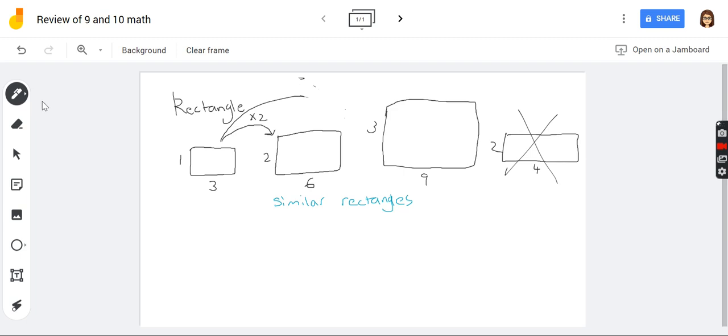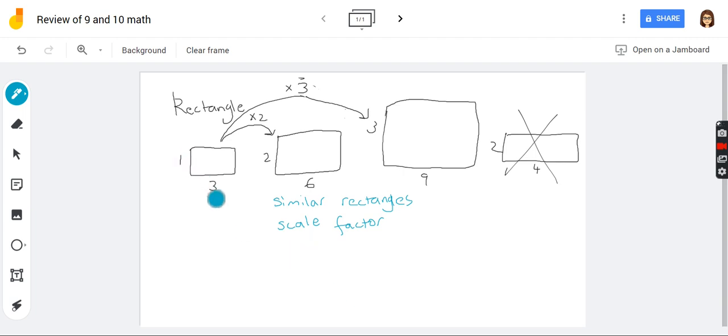Okay, back to the pen. So from the first one to the third one, I'm going to go times 3. Those numbers that I'm multiplying the side lengths by each time are called the scale factor. Scale factor, okay? And we know that the rectangles are going to be the same shape if the ratio of